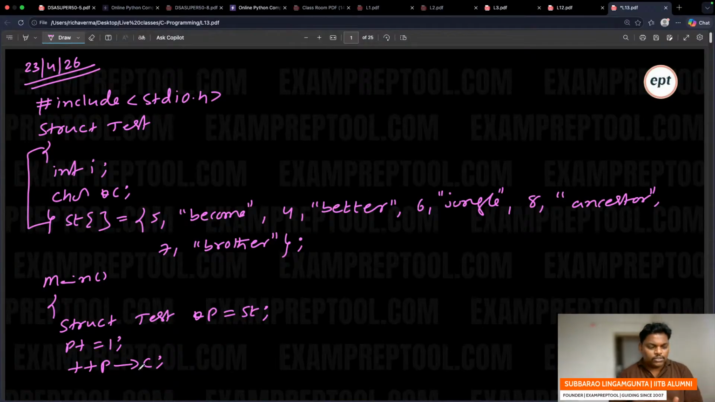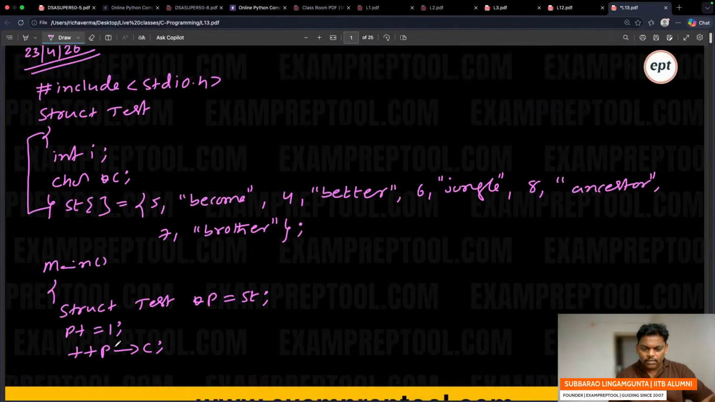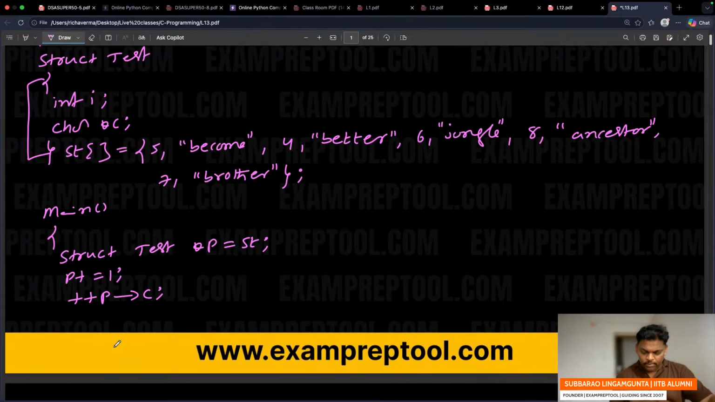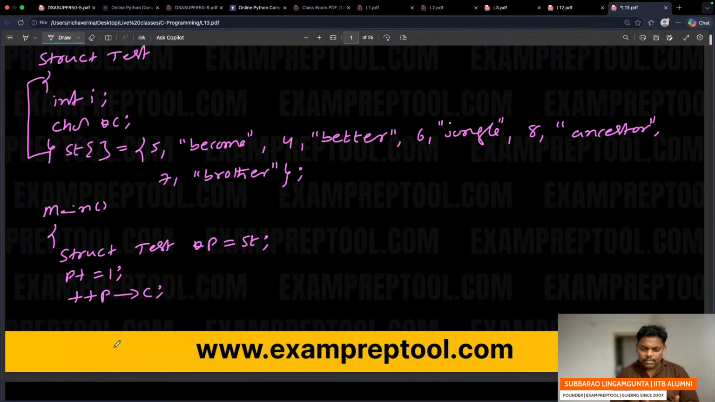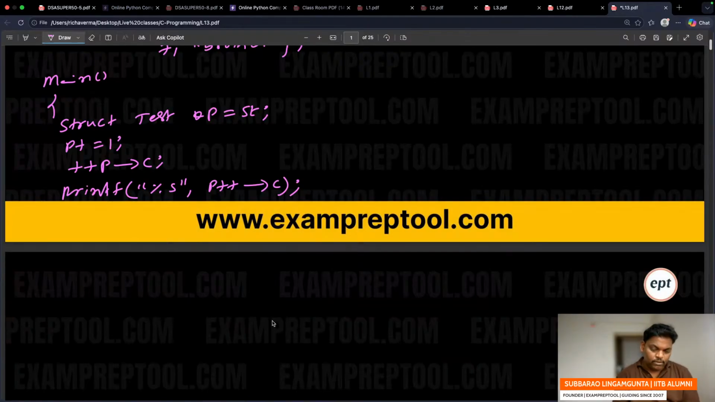So afterwards just some more space required. Let's move a little. I think the interesting thing is main started here. The structure is outside. Some printf statements are going on after that. Let me write. printf("%s", p++->c);